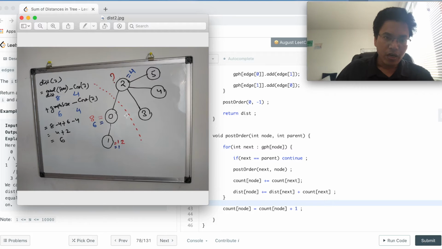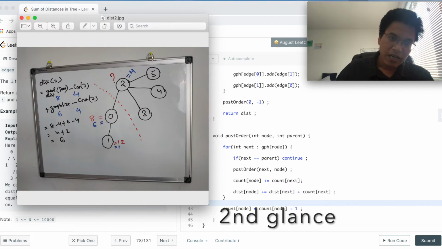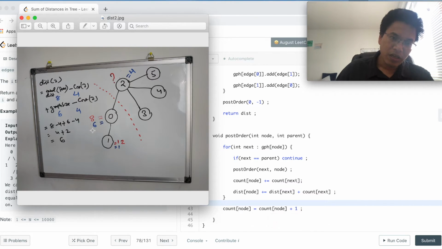If I want to reiterate this again, then total distance of 2 will be total distance of this right side part and the total distance of the left side part. The total distance of the left side part is 2, which we got by doing 6 minus 4, and the total distance of this right side part is nothing but the total distance minus count of 2. I hope this is clear now.